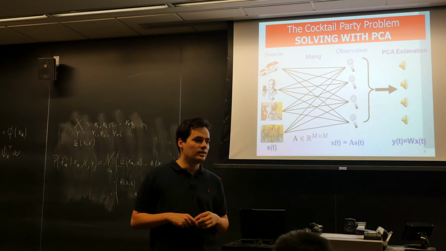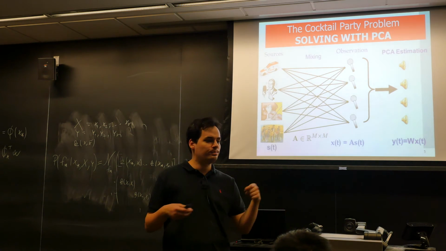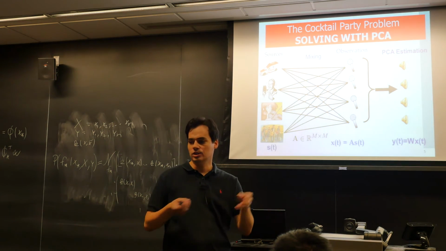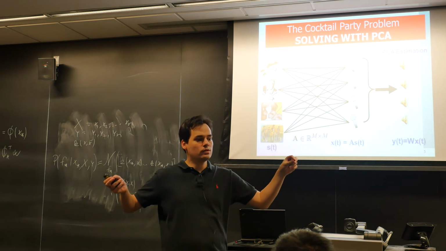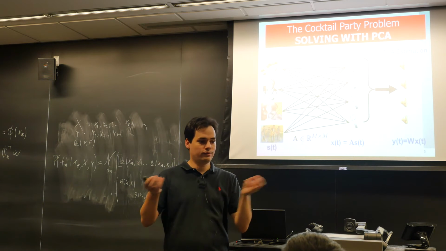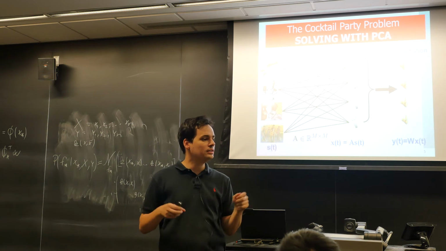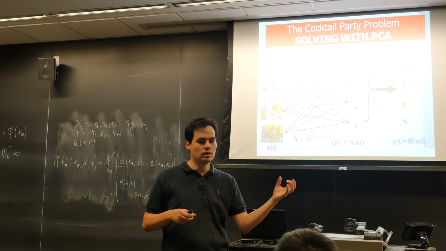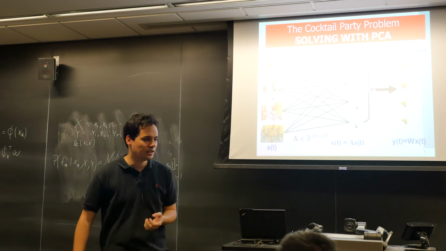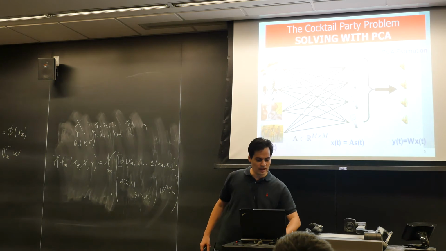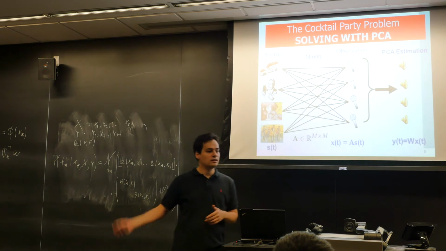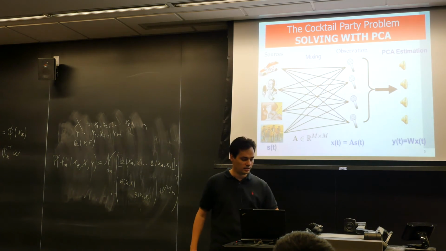Imagine that there is a cocktail party where people talk independently from each other, and there are some microphones in the room. The microphones would record the mixture of the people talking, and your goal is that just using the recordings, you want to estimate the original signals, right? So imagine that we had a weird cocktail party, and we have an emergency car in the cocktail party, and